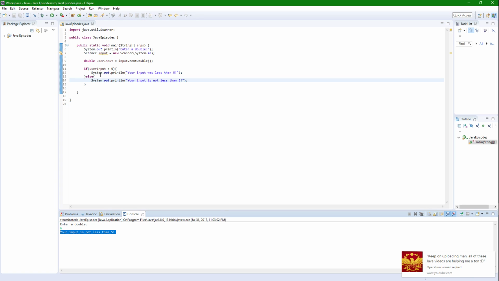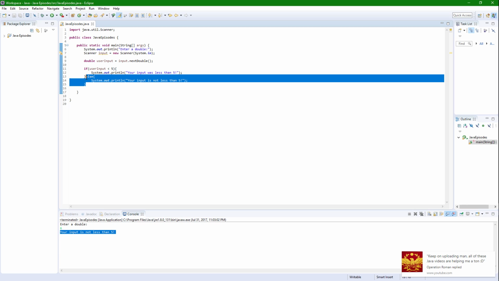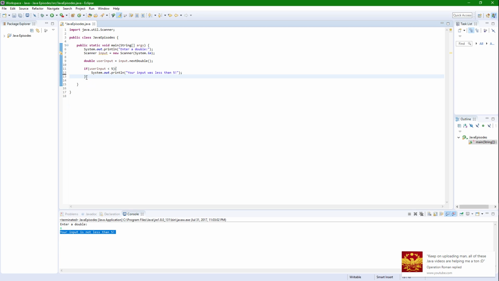Alright, it's pretty simple how conditional statements work, but it can get a bit more complicated than that. For example, if I have multiple conditions, right? Now, right now we're only considering if-else statements. There are better ways to do this, like switch and case statements, but we're going to stick with if and else-if for now. So let's say if userInput is less than 5, we want to print your input was less than 5. Else if, so that means this is not the final statement here. So we're going to do else if